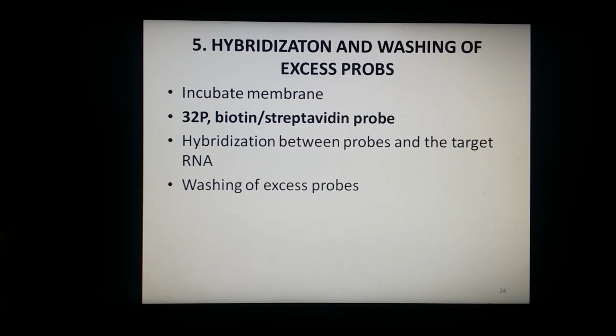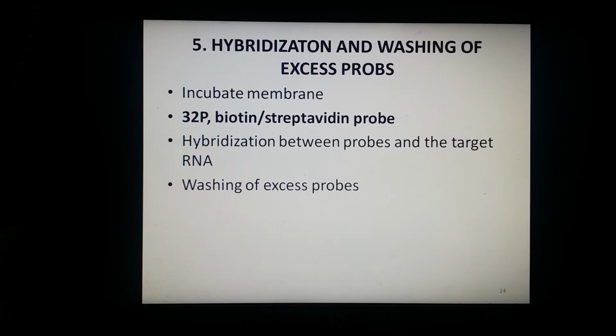The fifth step in this process in northern blotting is the hybridization and washing of the assessed probes. Hybridization is done with radioactively labeled or fluorescently labeled probes. In the hybridization process, we incubate the membrane with a labeled RNA probe with the target sequence. The probe could be labeled with P32, biotin, or streptavidin. Probes for northern blotting are composed of nucleic acid with a sequence complementary to all parts of the RNA of interest. And we have discussed this before.